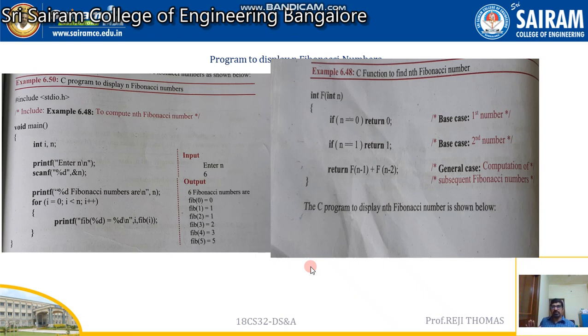In the function definition you have seen, if n is equal to 0, what is the case? If n is equal to 1, what is the case? Otherwise, what is the case? We have written three cases. But the first two cases are known as the base cases. I repeat, every recursive function has two cases. One is the base case, the other one is the general case, right? So this is going to print n Fibonacci numbers.